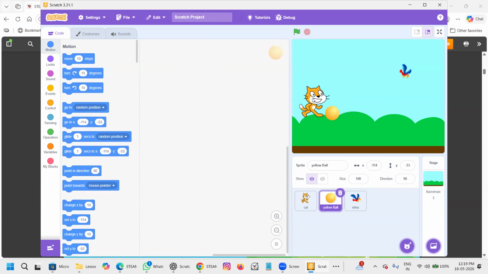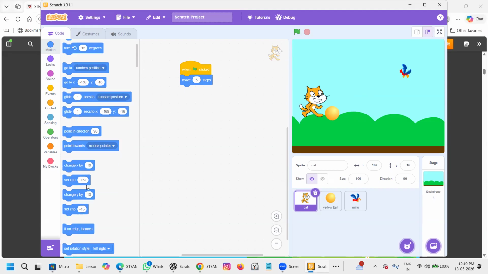Okay. So see, again, when I moved the ball, it went to the yellow ball sprite over here, because then I need to give the code over here. Okay. So this is what you understood up to here. The movement. So I want this to move. Let us move the ball also. But if you want further more, wait, one more.